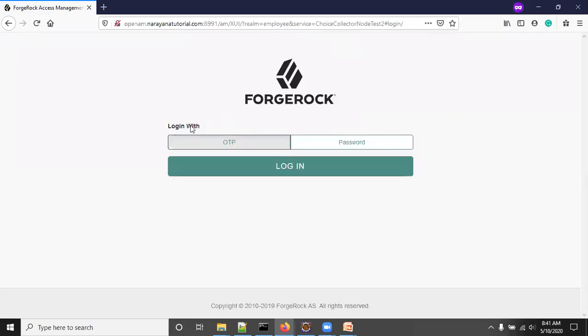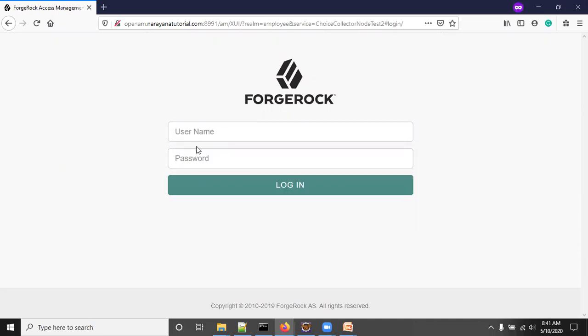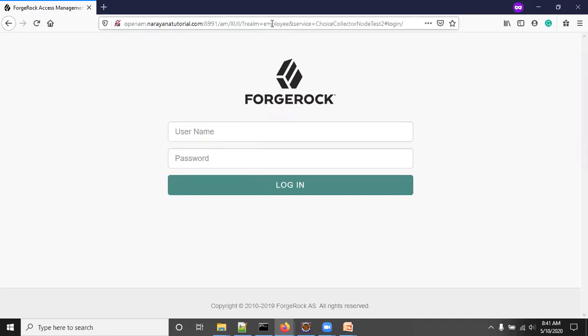See, we have two options: login with OTP or login with password. You can select. Suppose I am going to select password first. Click on the login button. Now it is asking for username and password. If we go back and refresh this URL, then you can select login with OTP.